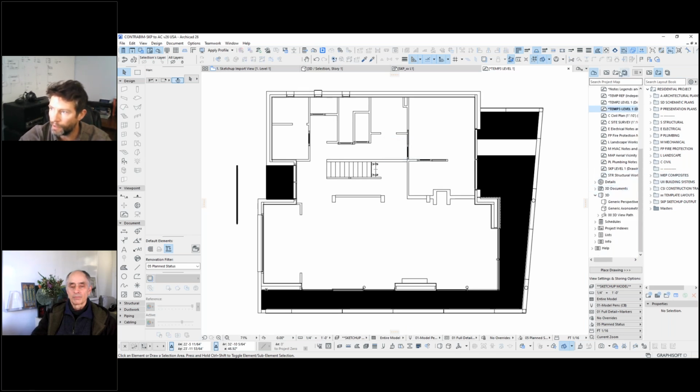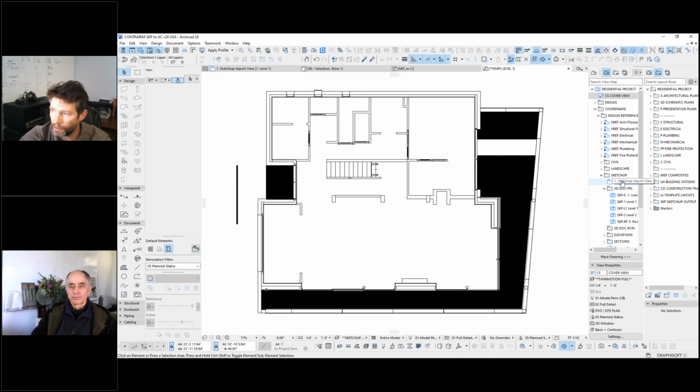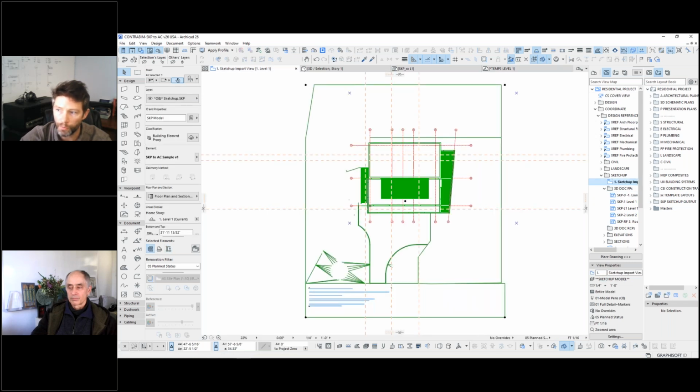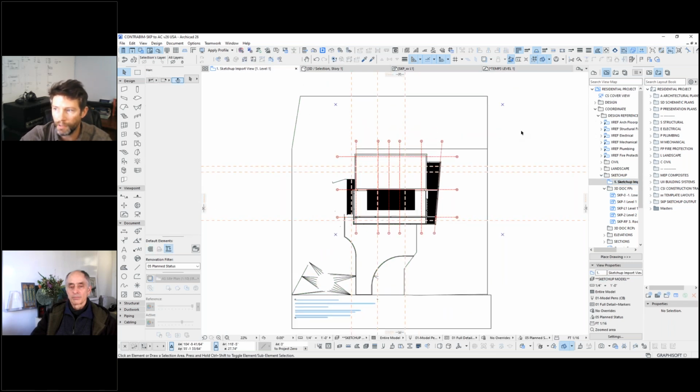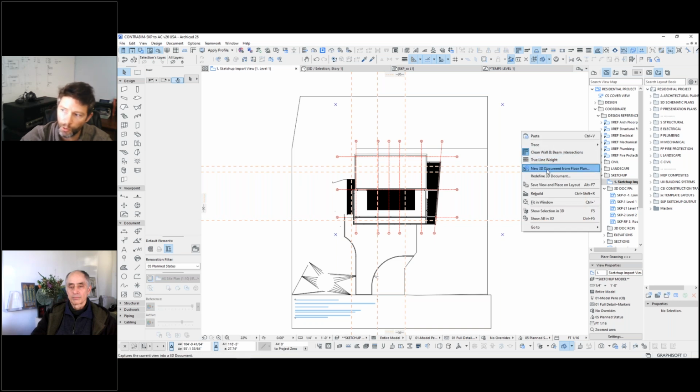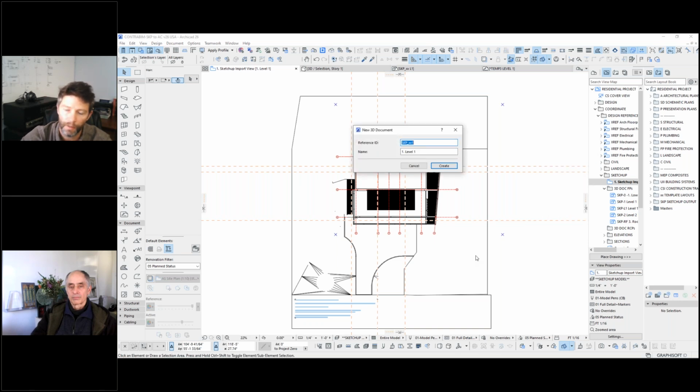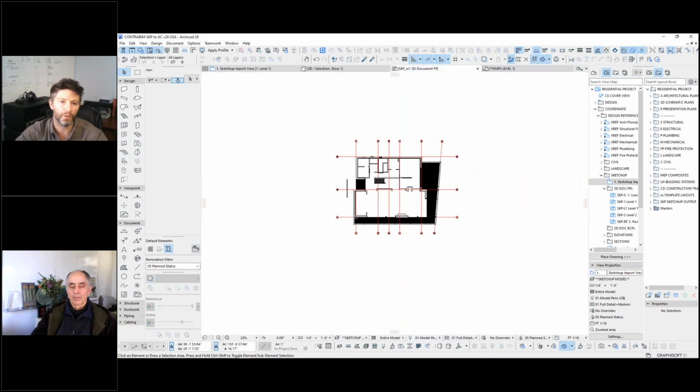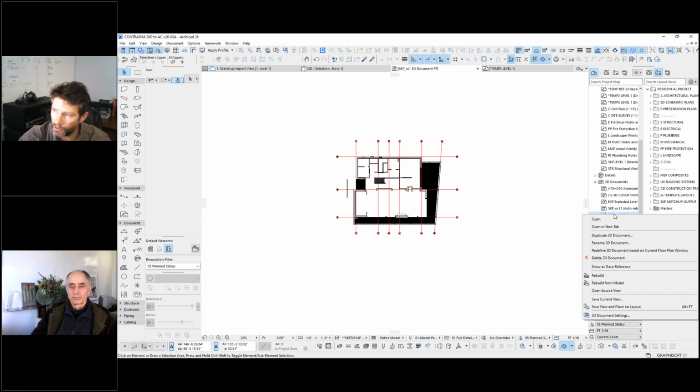The new method is a little bit simpler than that, because from our SketchUp import view, if you right click, we can do a new 3D document from our floor plan. And so this is a workflow where we're just going to create a new one here. We're just going to call this 3D document floor plan, or FP for floor plan. So we'll just create a new one. And when you create a 3D document from your floor plan, you get these new options here under our 3D